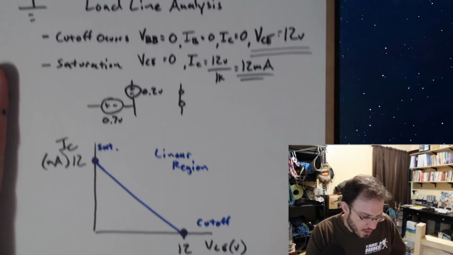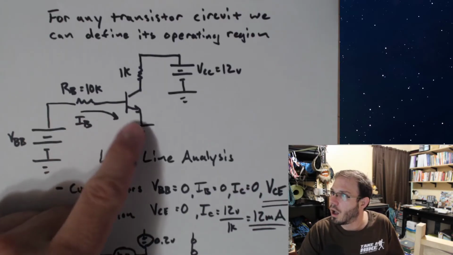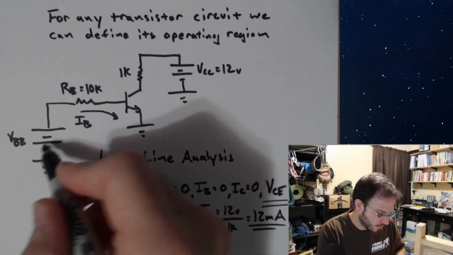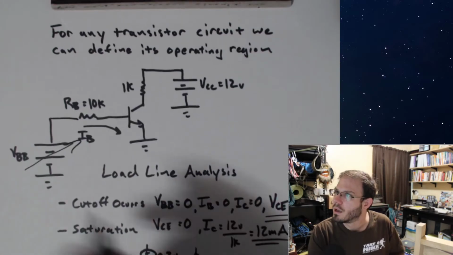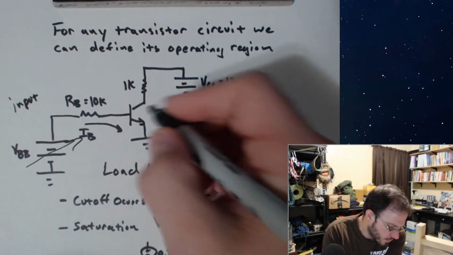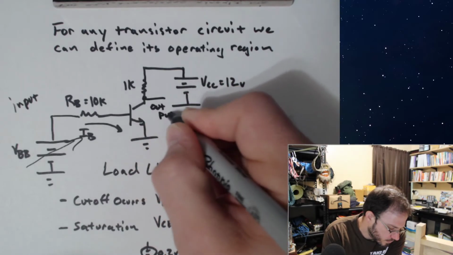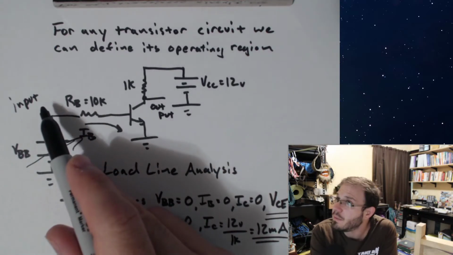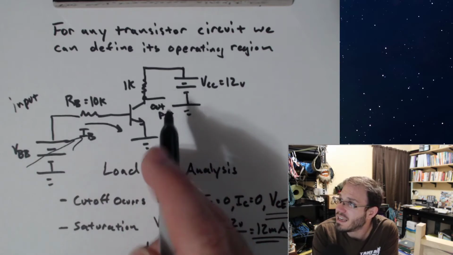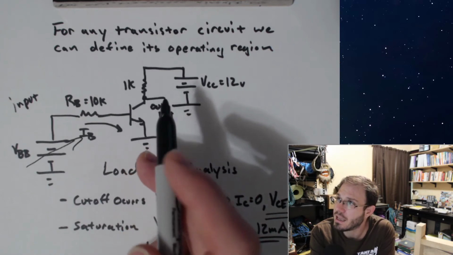However, this was looking at it for all changing base currents. So if you think about this as an input, so if you think of VBB as your input or IB as your input, and you think about over here VCE as being your output, which is how we're going to construct our first amplifier circuit, by treating this